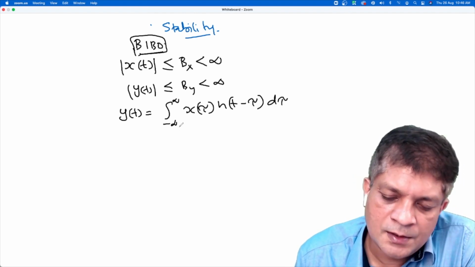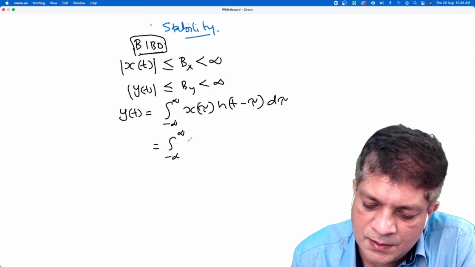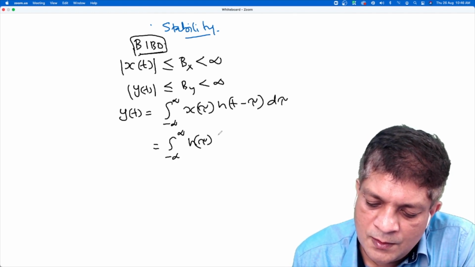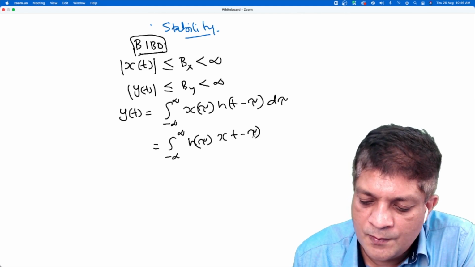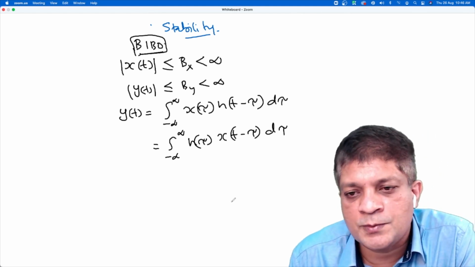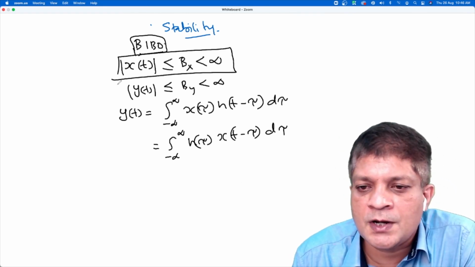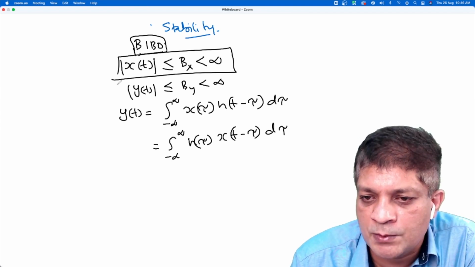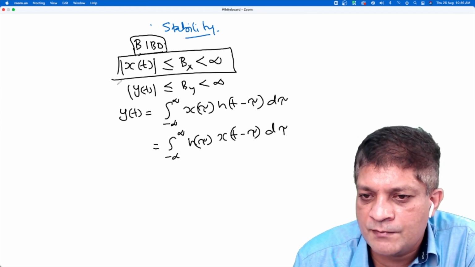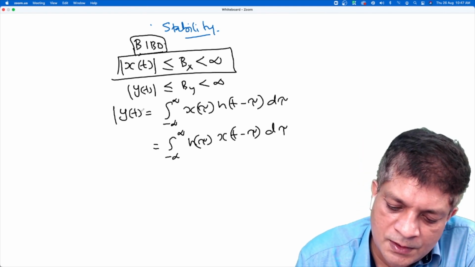And using the commutative property, we can write it as the integral from minus infinity to infinity of h(tau) x(t minus tau) d tau. This is the input-output relation. So suppose the input is bounded. We are given the information that the input is bounded. How to check whether it is a BIBO system or not? We have to find